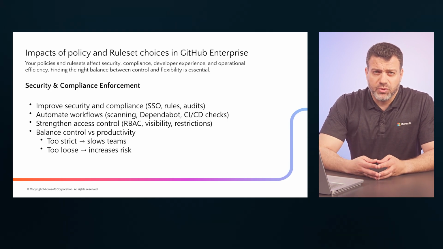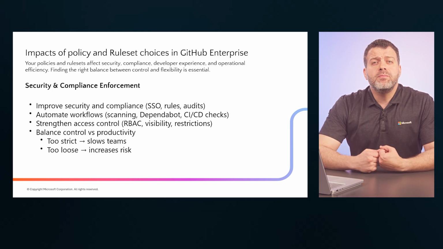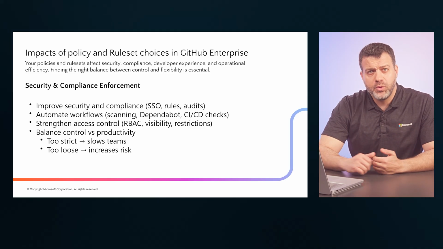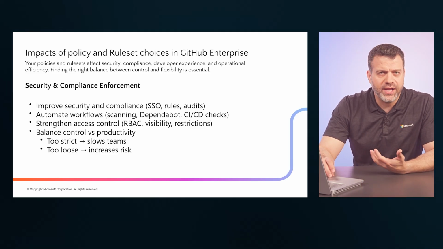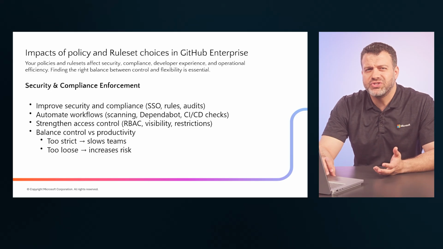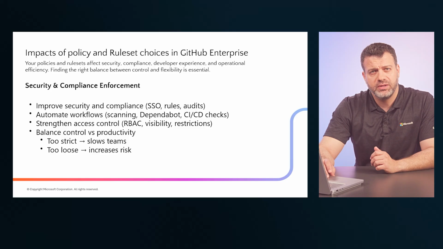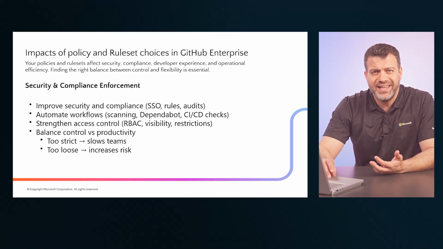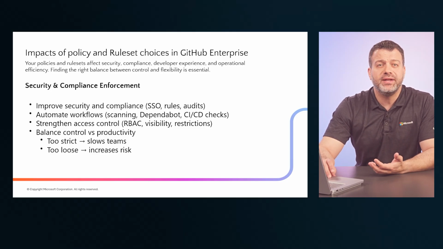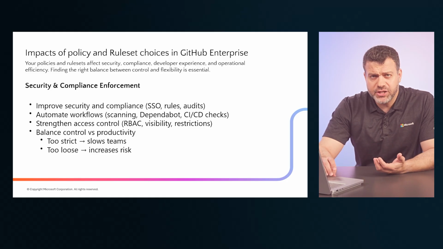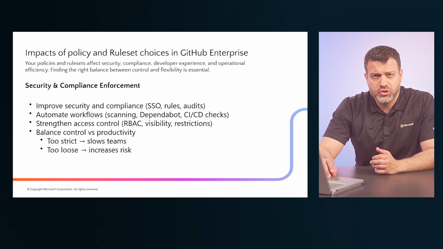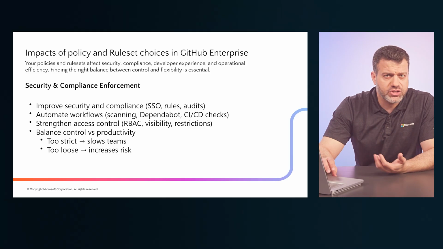Impact of policies and rule sets. First, security improves significantly. When you enforce things like SSO, branch protection, and audit logging, you reduce unauthorized access and create traceability in your environment. So if a repository is deleted, audit logs tell you exactly who did it and when. And from a compliance perspective, this is critical, so you can prove you're following standards such as SOC 2 or